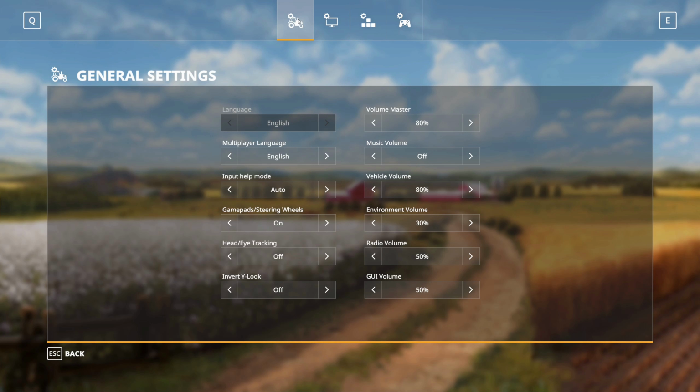The big thing on here is your volume. Now some people have some settings that they like to use. Normally what I do is I try to keep my volume down when I'm recording so you can hear my voice instead of hearing the loud roar of a tractor engine. So the rule of thumb is